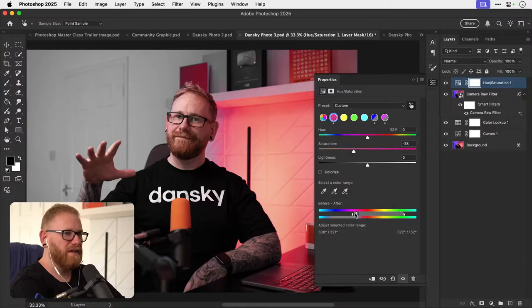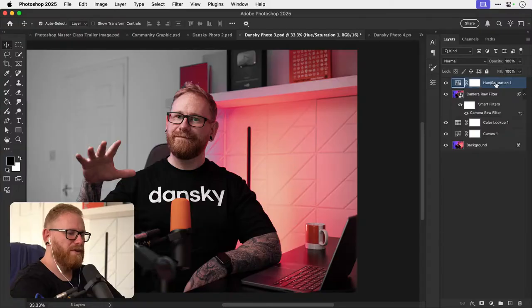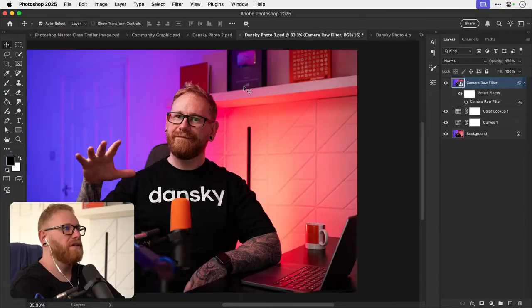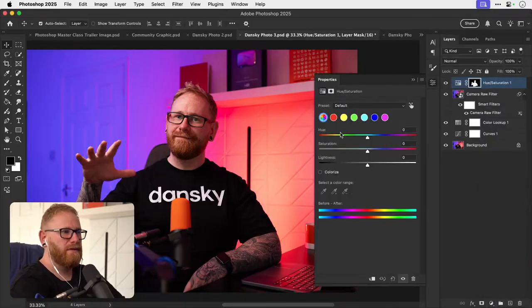Oh, this color slider is so fiddly. Oh, actually, no. What am I doing? I'm making this so much harder than it needs to be. Select subject. So we'll get a decent selection of me. Hue saturation.